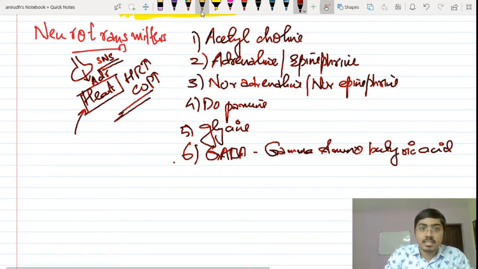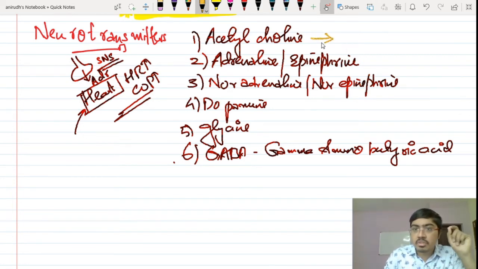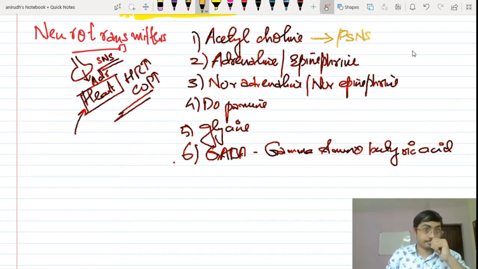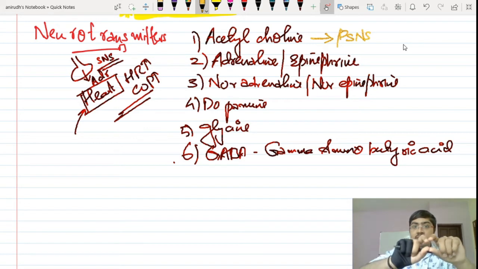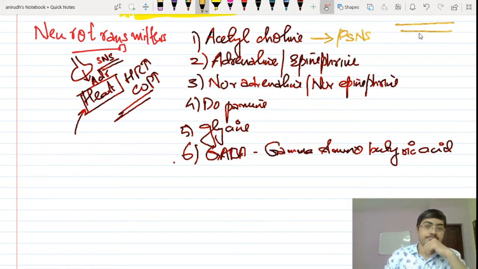Let's understand certain things now from this. Acetylcholine is the principal neurotransmitter, that means it is the neurotransmitter taking part in the parasympathetic nervous system, PSNS. What do I mean by that? This autonomic nervous system is divided into sympathetic and parasympathetic. You have a nerve for that. What is a nerve here? A nerve is a bundle of neurons. You have a lot of neurons inside, and you collectively call this a nerve.